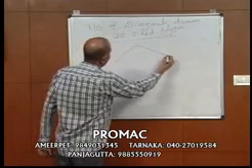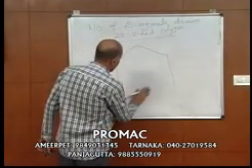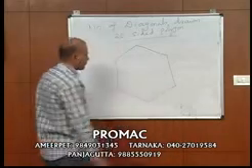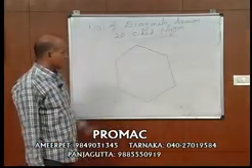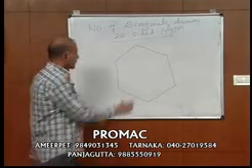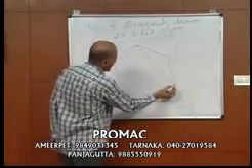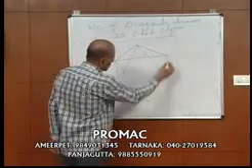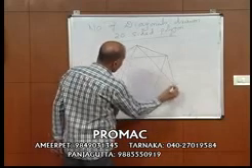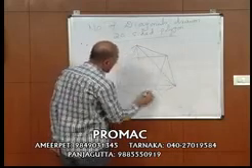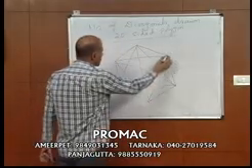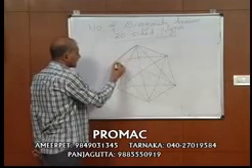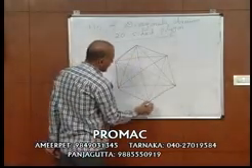Since I cannot draw a 20-sided polygon here, let me explain what a diagonal is with a hexagon. A hexagon has 6 sides. What is a diagonal? A diagonal is a line that connects any 2 points but not the side. So these are all diagonals. These are all lines which are connecting 2 points. These are also lines which are connecting 2 points, but these are sides.